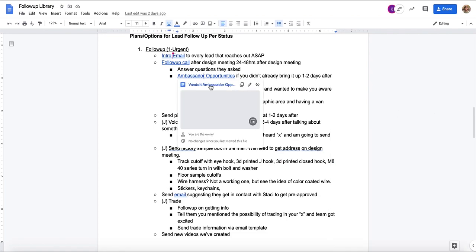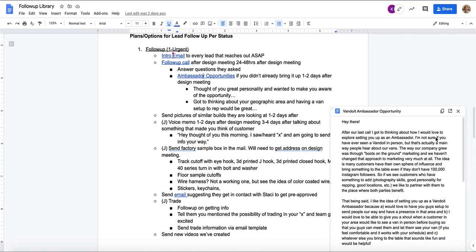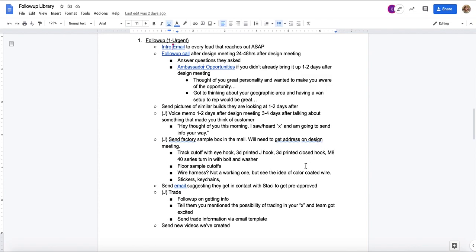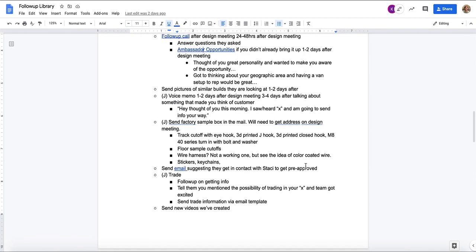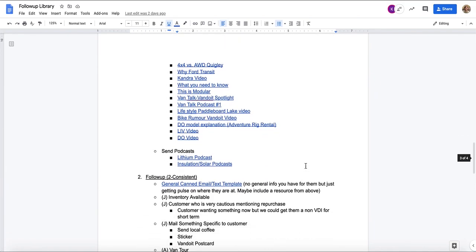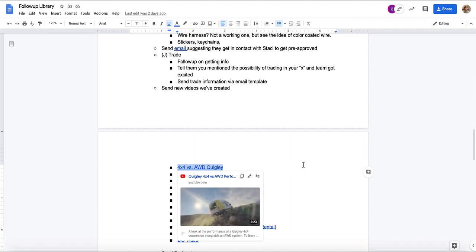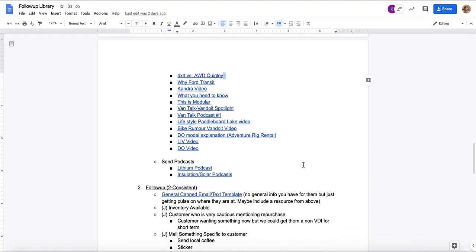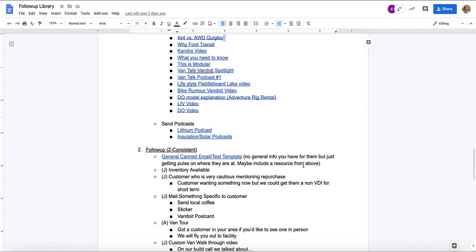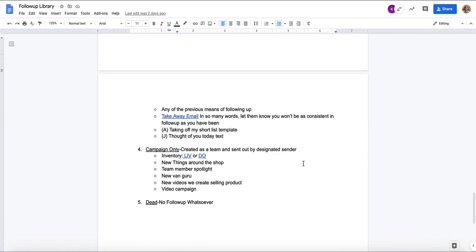If you want to follow up with ambassador opportunities, there are ambassador opportunities here. Send them an email and explain the process. You can read through all this. But this is your resource for when you've got 30 minutes and a list of 15 customers you need to follow up with, and you're wondering, what do I send? What are good resources? Come here. This is a good library for you. These are links to awesome videos. Just copy and paste that over and send them links that pertain to them, or podcasts. So anyway, that is your breakdown on the actual library.